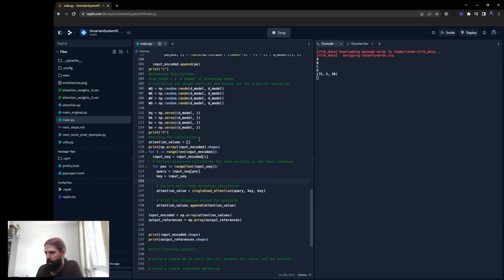But I mean, that used to work. Was I doing something wrong? So that's going to iterate 75 times, obviously, and then 5 times for each input sequence, because it's got 5 words. So position, input sequence, and it's going to do that. And then attention values. So can I just print,